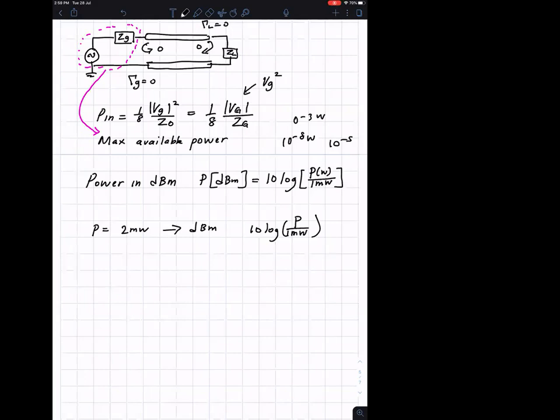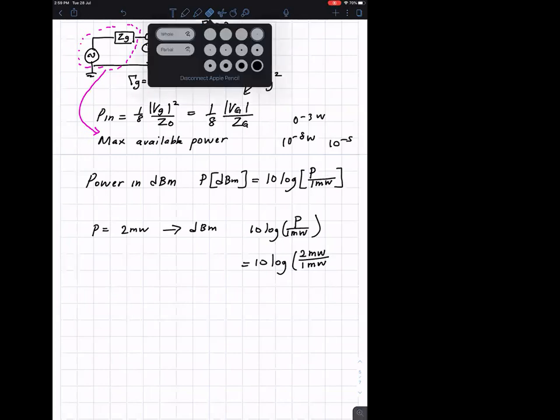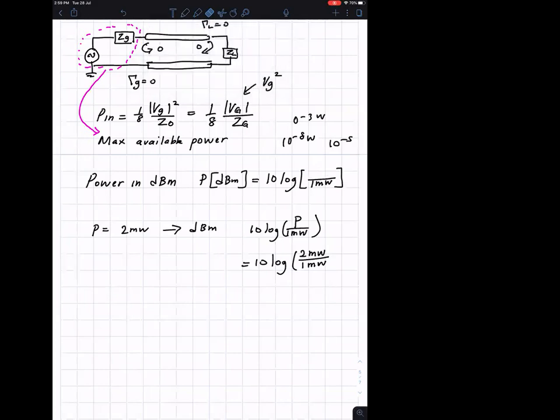It's going to be 10 log 2 milliwatt divided by 1 milliwatt. It doesn't really have to be in watts, it can be in milliwatts also. The reason I put watts there is just to say the unit in watts. 10 log